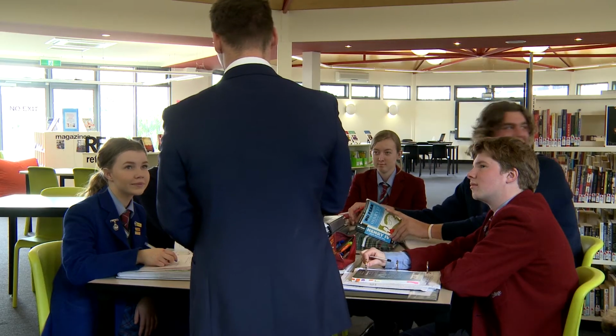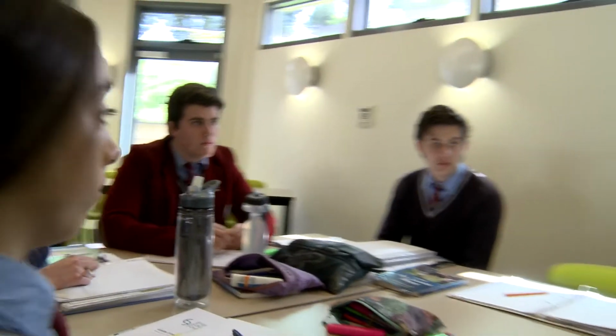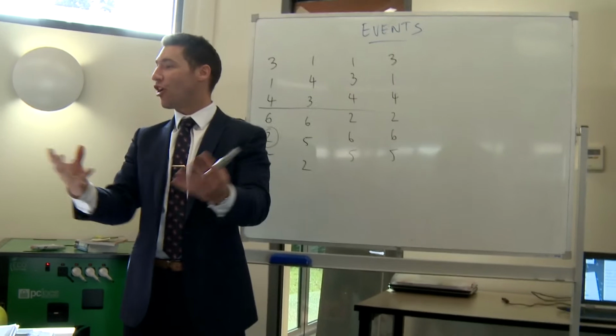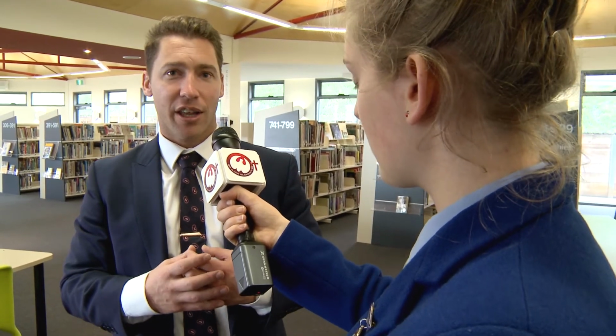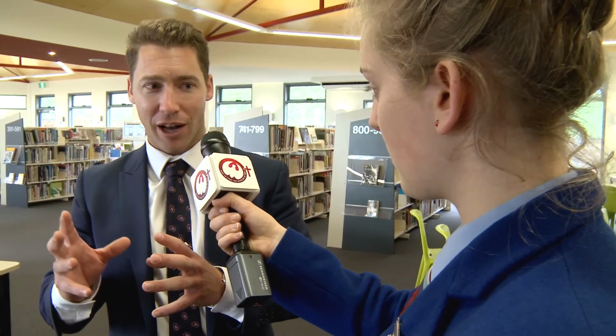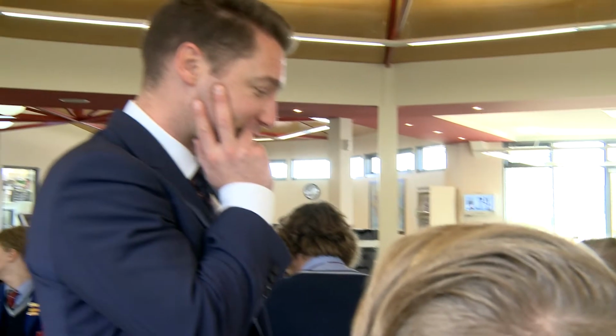What were you trying to achieve in that lesson? That lesson was kind of all about having kids think about the text from a big picture perspective. So we're giving them a number of different events or different characters, and by asking them to rank those in order of significance, it forces them to think about all the different sides to it, all the different facets, and justify their thinking. So they've actually got to argue, debate with one another and come to reasons why they're saying this character is more important than this character because of this.